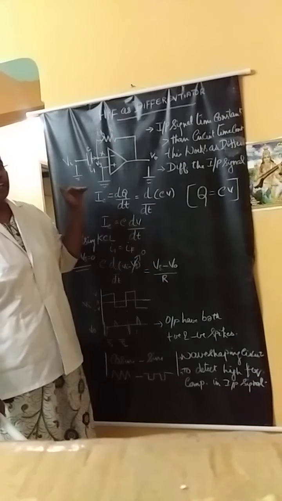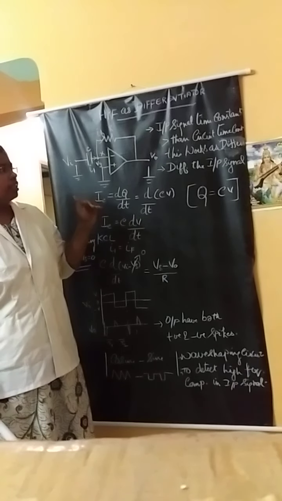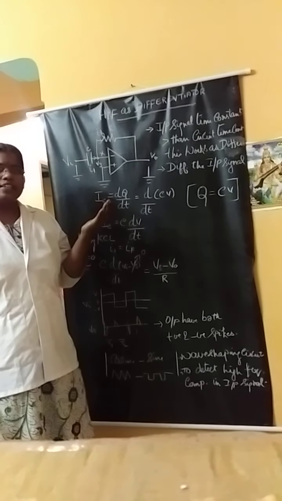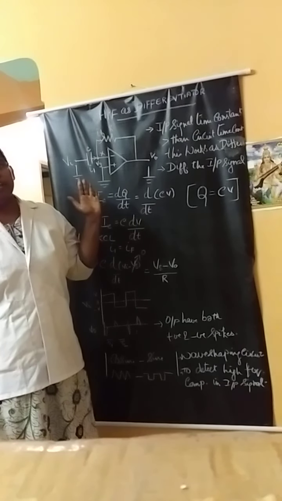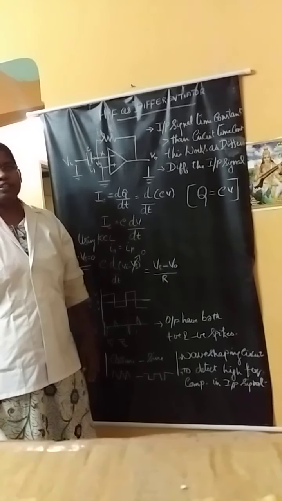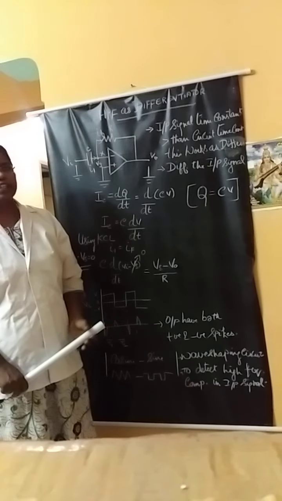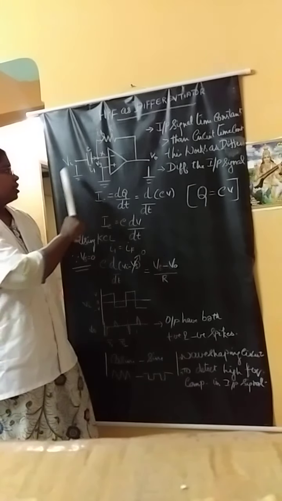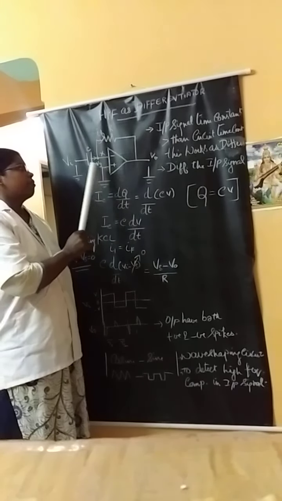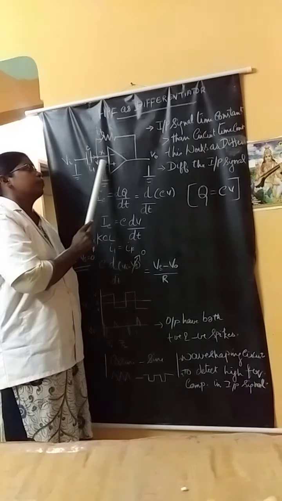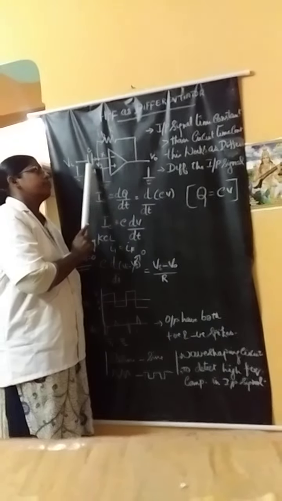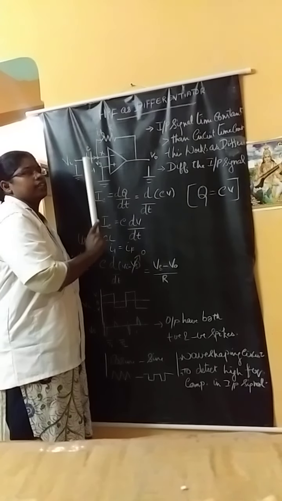The difference between the integrator and differentiator is that the integrator integrates a step input given at the input, and here it differentiates the input signal. This is the difference between the differentiator and integrator. The circuit diagram is the same, but only one parameter differs. Here, at the inverting input, a capacitor is given and a feedback resistor is connected.